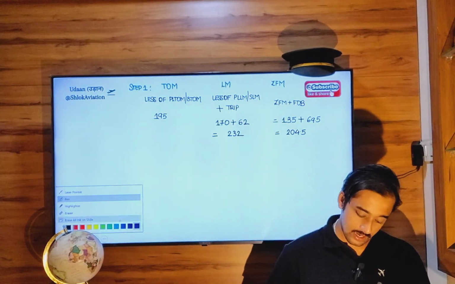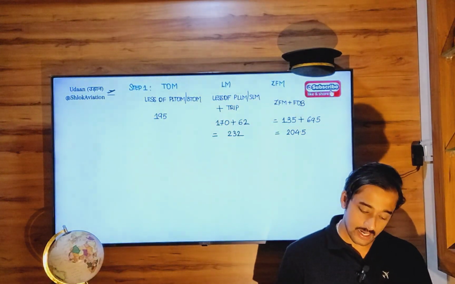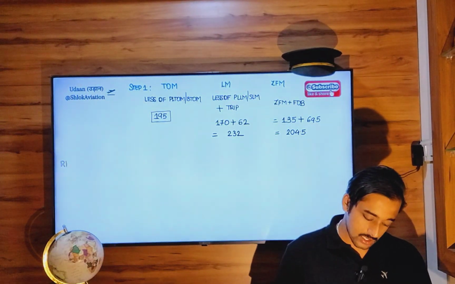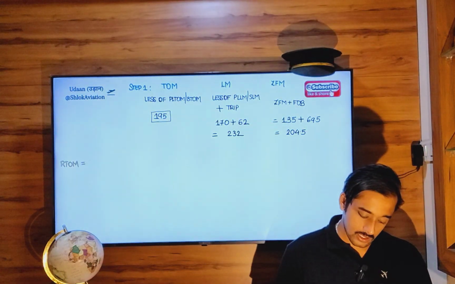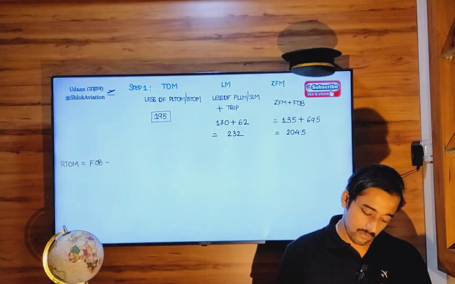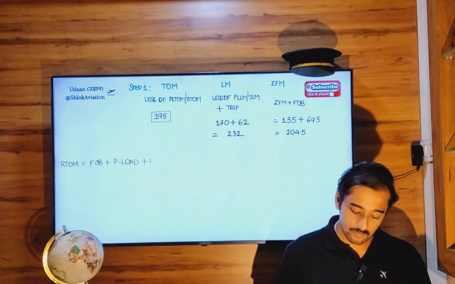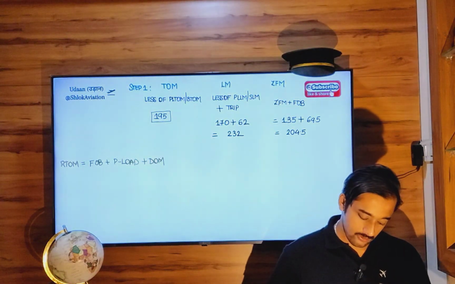Out of these three values, 195 is the lowest value, so it becomes the regulated takeoff mass. So it is fuel on board plus payload plus DOM. Therefore, 195 equals